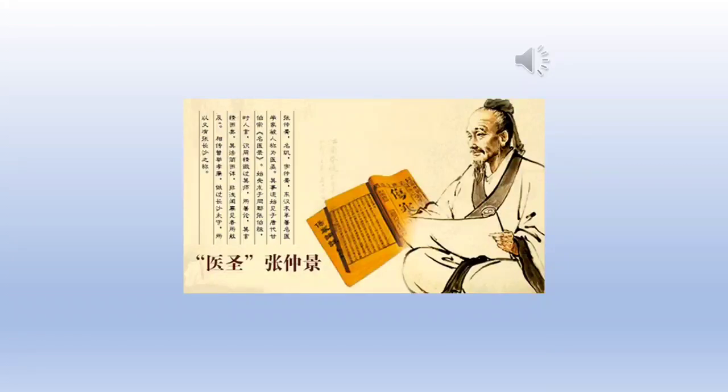And Zhang Zhongjing, actually we love him very much. He is my most respected ancient doctor. Okay, and he is full of love. In his time, to write things down was not easy. They used bamboo strips and a small knife to cut and carve the wording. It may have taken him years to write down this Shang Han Lun. Even today, when we want to study, it also takes a long time, not to say carving it on the bamboo. Okay, and Zhang Zhongjing, to us as therapists, is almost like a spiritual endorsement